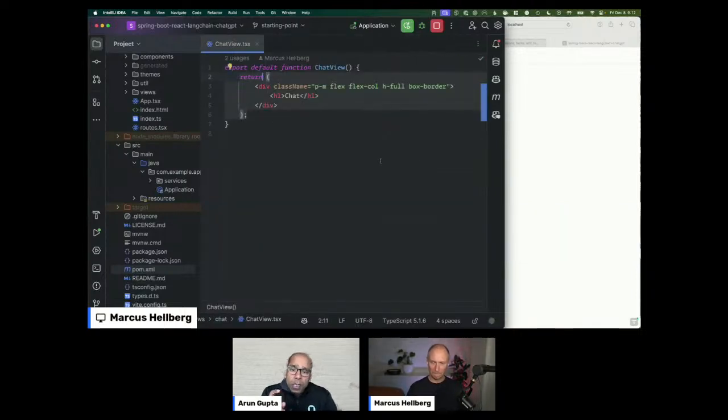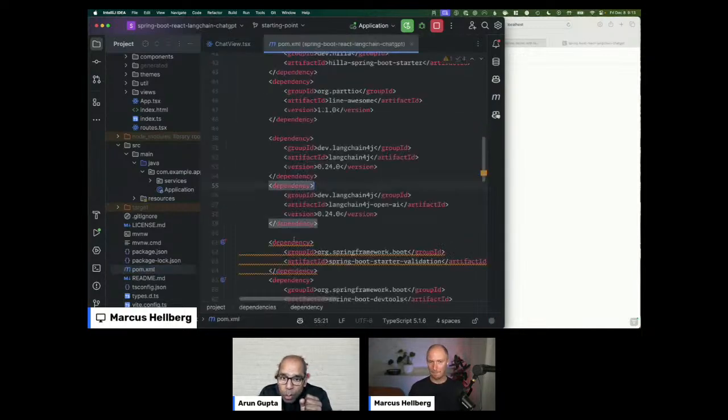Pause there for a second. LangChain is a wrapper API. Go back to the pom.xml for a second. Yes, LangChain is a wrapper API, and as a wrapper, it gives you the ability to call a pluggable LLM. In our case, because ChatGPT is built upon OpenAI, we're going to be using OpenAI as the pluggable LLM. Okay, got it. Thank you. And the nice thing here is that you can start with one, and you can switch to another later if you want to.